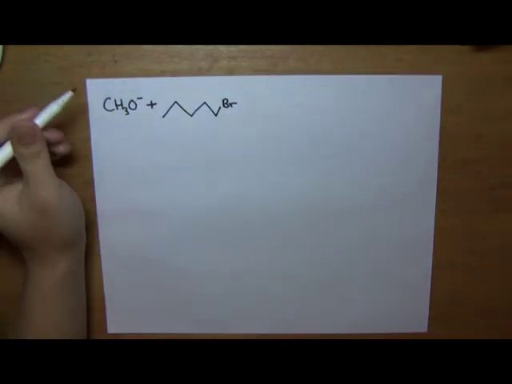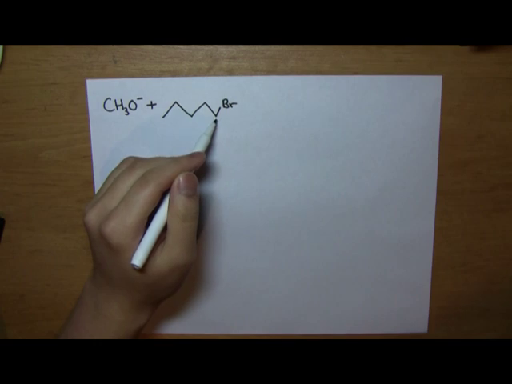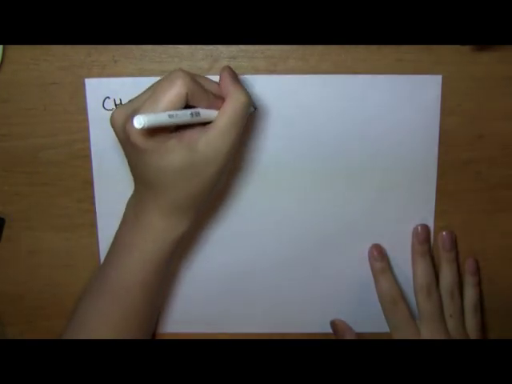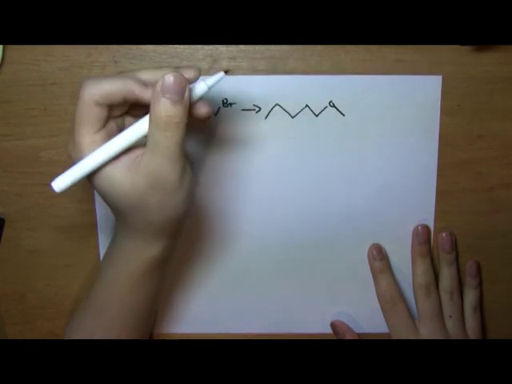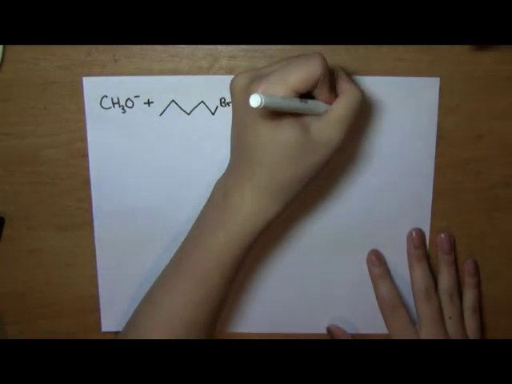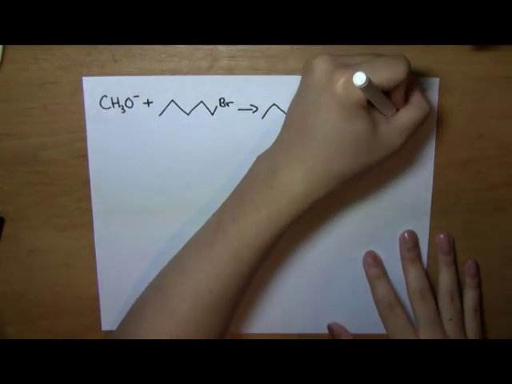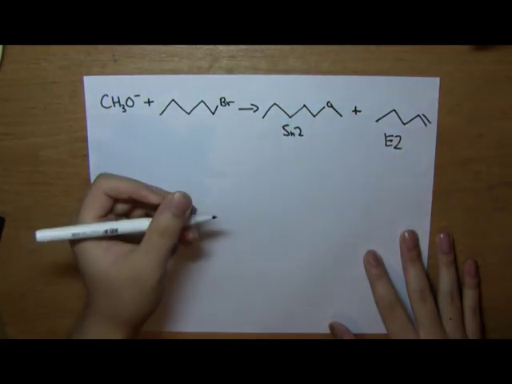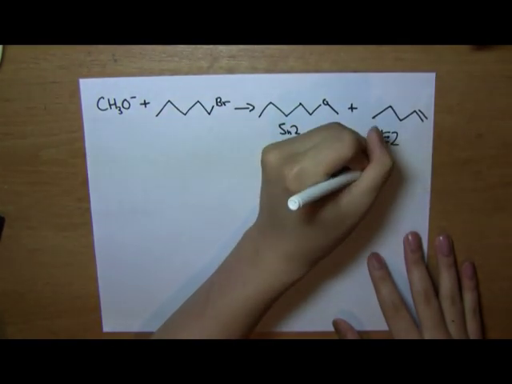Now, because this base is fairly small, it is relatively easy to attack this primary carbon here. So we should expect, like before, that the majority of our product would be a substitution product, an SN2 product. So in this case, we would get this. And this is from an SN2 mechanism. And we also get a very small amount of elimination happening, in which we get this. And this is from an E2 mechanism. In this case, we have almost all of it being substitution, about 99%,